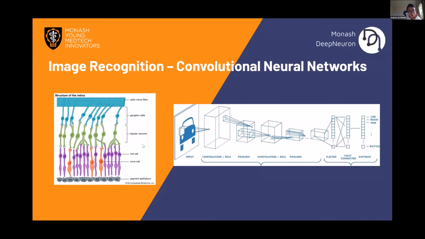What's really interesting here are the bipolar neurons. They take an aggregate of the information, right? You can see that this one takes input from four different rod cells and combines it into a single piece of information to pass on to the optic nerves, which go to the back of your brain for image processing. This process is what really interested most people.